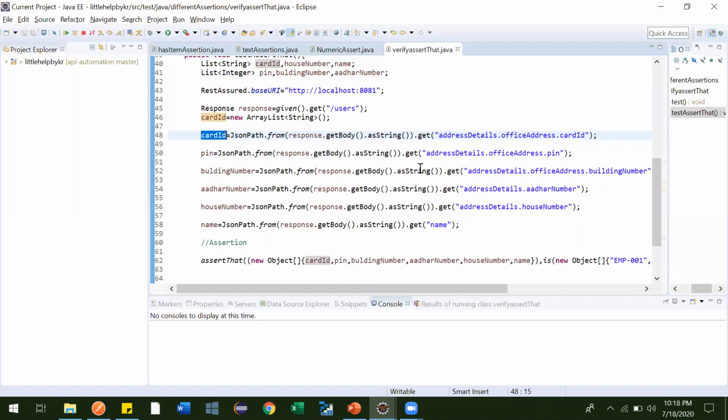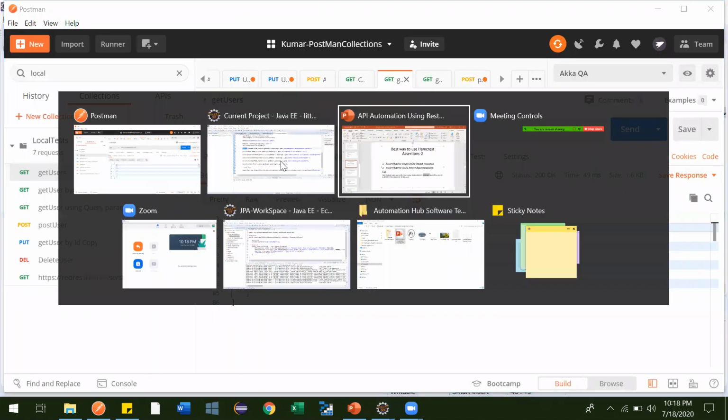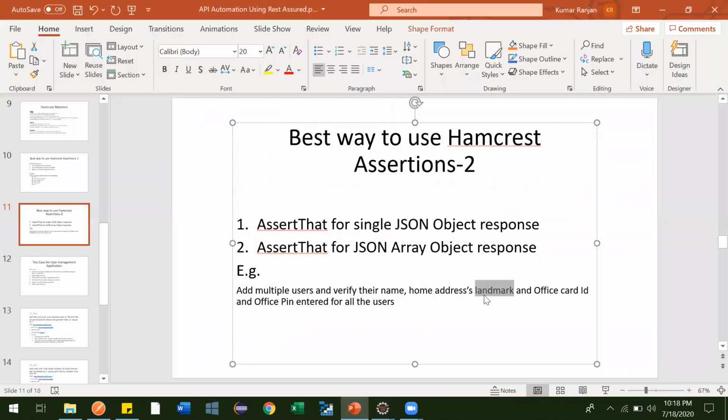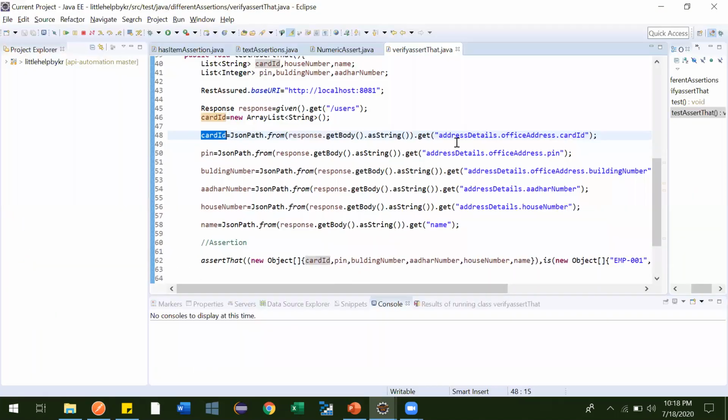So what was our next requirement? Our requirement was name, landmark, office pin and card ID also, right? So this one we fetched for card ID, and we'll fetch for pin also.